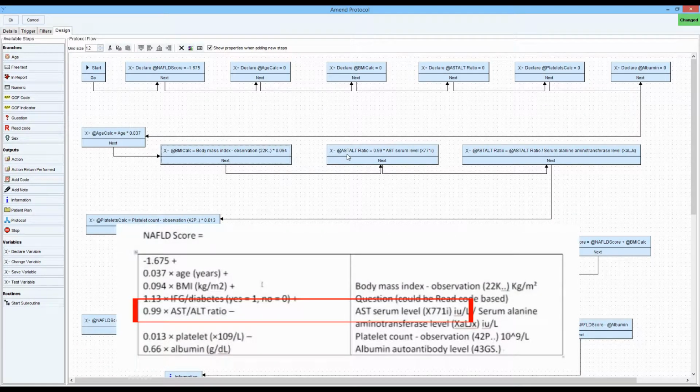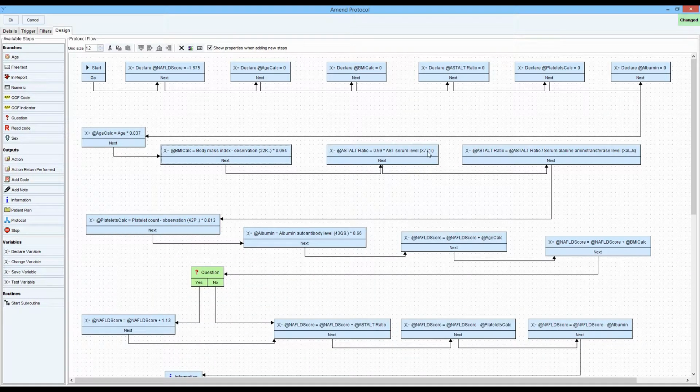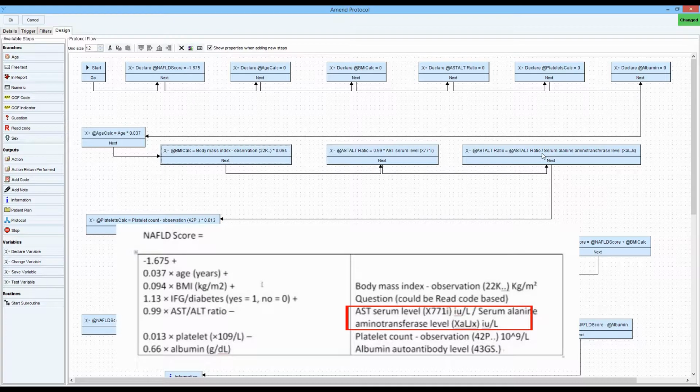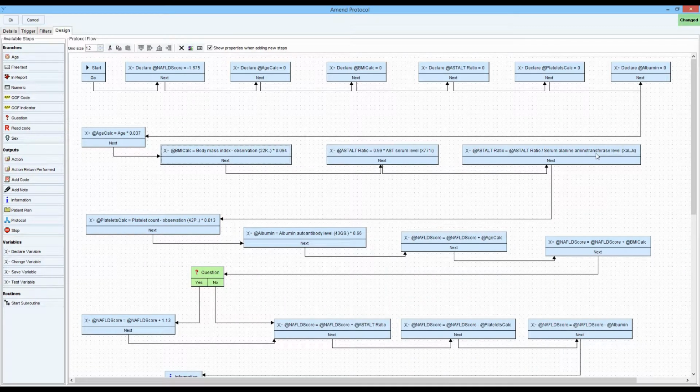This AST-ALT ratio is 0.99 times the AST serum level. That was picked up in the same way as the BMI. And that new value for the ratio is then divided by the serum alanine aminotransferase level. We then take the platelets count